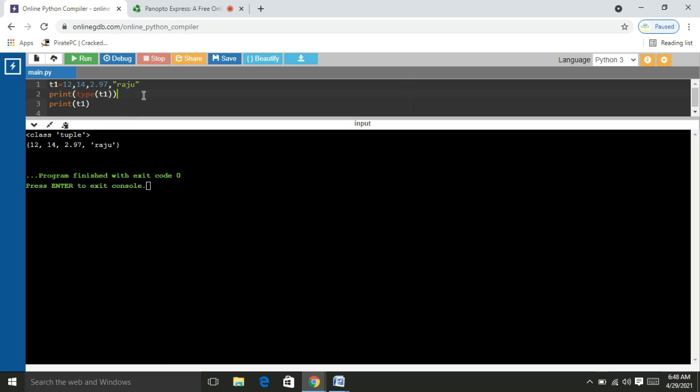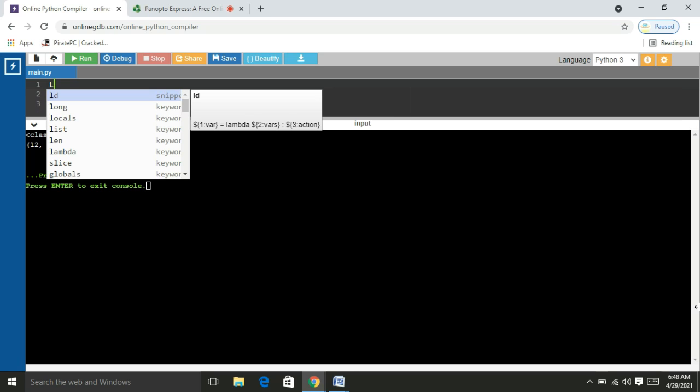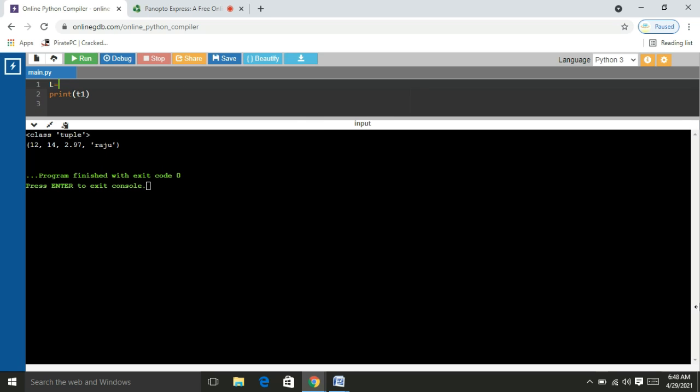Now I am going to show how to convert a list into a tuple by using the tuple constructor. L equal to 12, 3.47, XYZ.